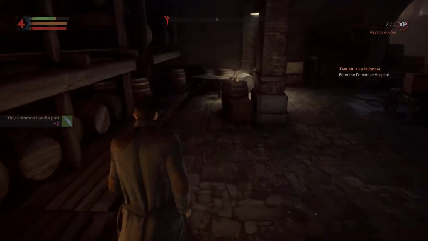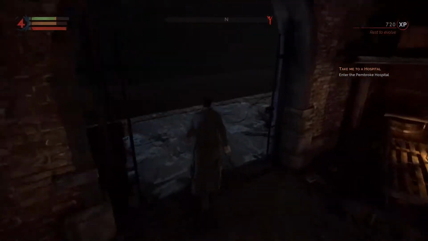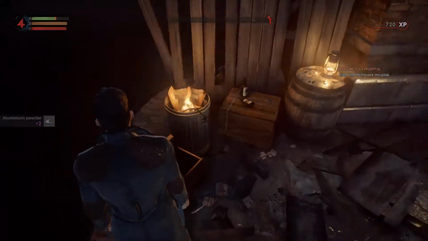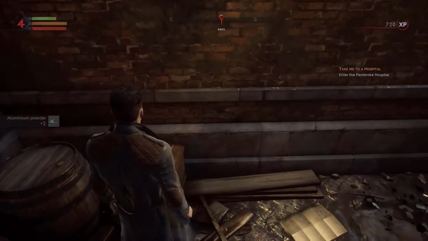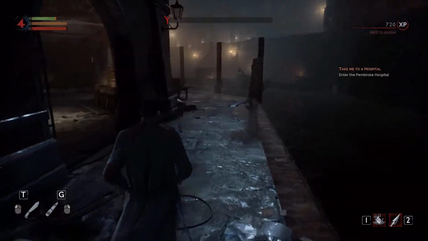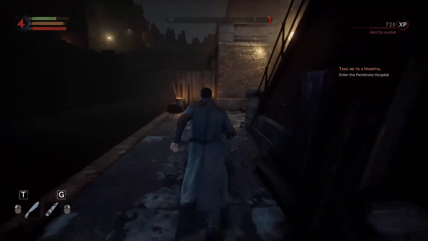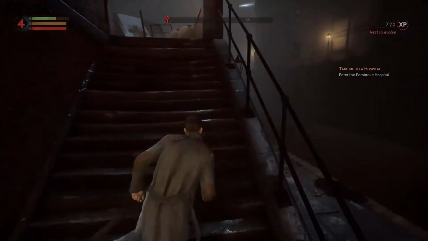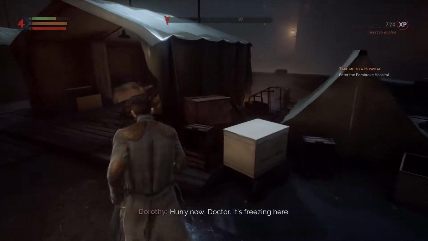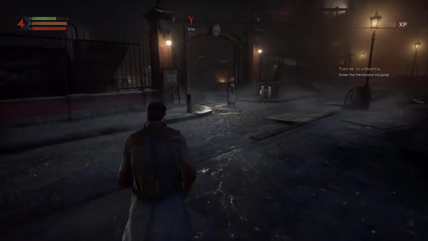Tiny common parts. No. Now we can run again at least. Minium powder. I can't just brandish my weapon out here for some reason. That's autophagy, that's not exactly what I wanted. Yeah, tea doesn't work. Alright. I was actually looking for...